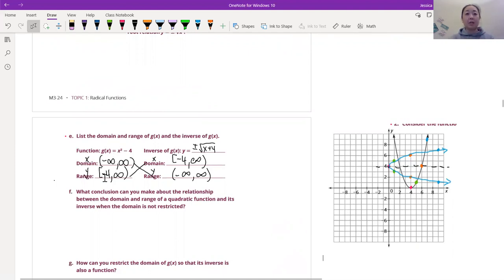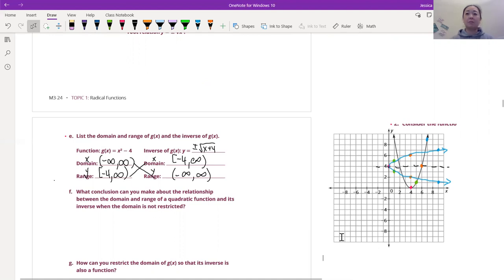Same thing with the range, that's talking about the y. So how low does this go? If you look at that graph, it goes down to, and don't say 4, because 4 is how much it's shifted left and right. We want to know how low it is, right? So on the y, it's 0. That's as low as it's going to go, right? So since it can't